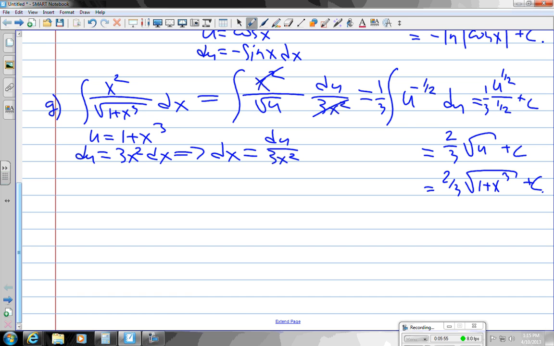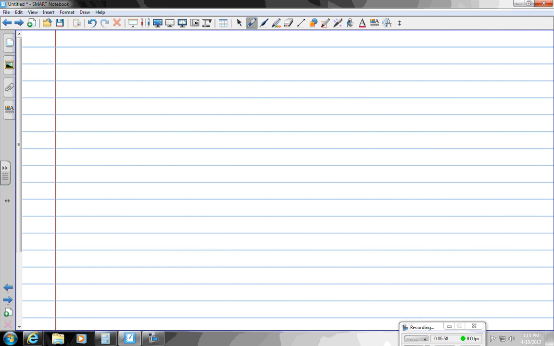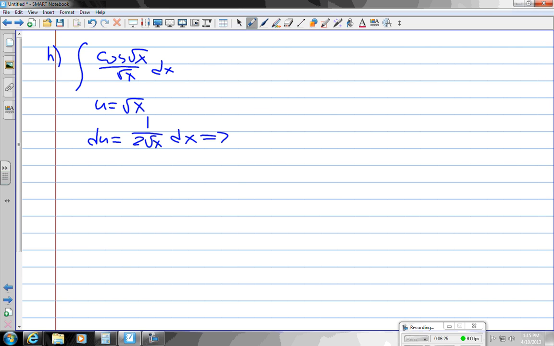All right, so H and I are basically the same problem. If you do the substitution properly, cosine root x over root x dx. So when in doubt, try to go for the inner function. U is the square root of x, so then du is 1 over 2 square root of x dx. So that gives you that square root of x in the denominator. If we solve for dx, we get 2 square root of x du. So making a substitution,